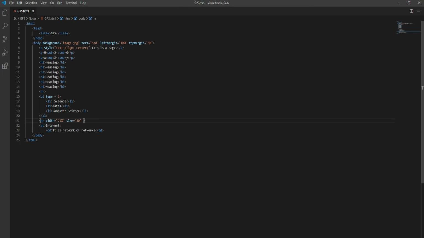We can also set alignment. Let's suppose it will be center, and color will be white. We are using white here because the background of the web page is dark, right?